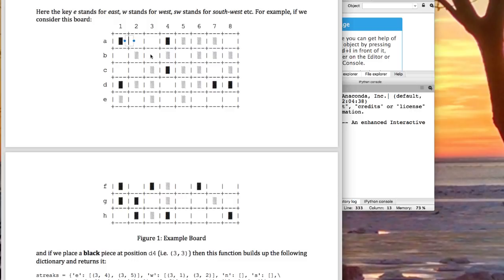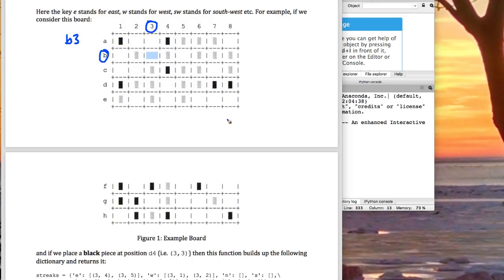Actually, let me start drawing. If I want to look at that position, it's represented by the letter B and a 3, so we say that's position B3,